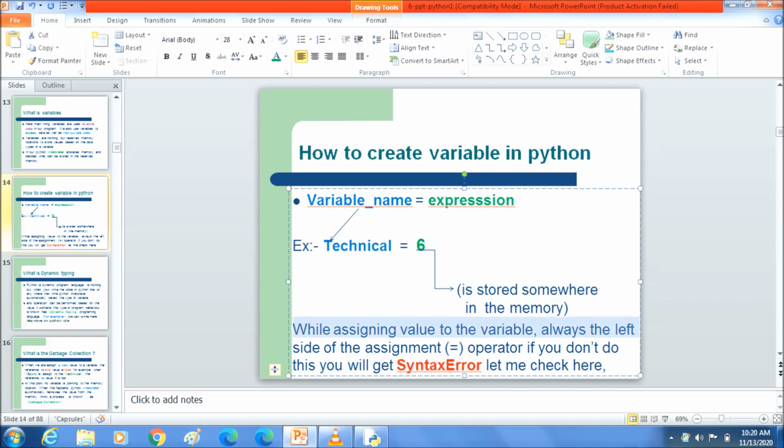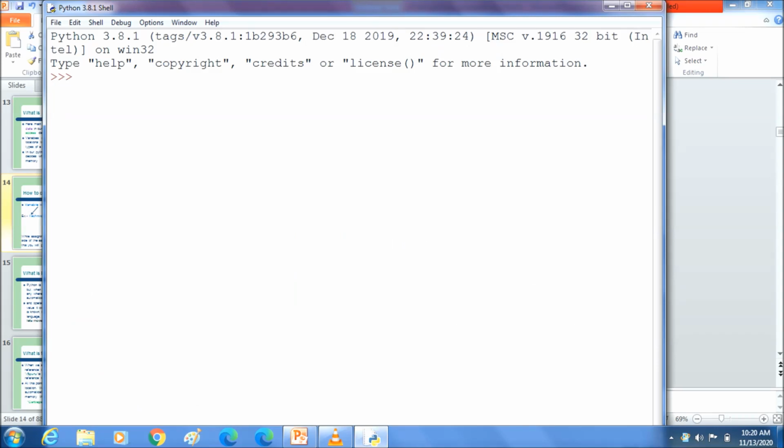While assigning a value to a variable, always write the variable name on the left side of the equal sign. If you don't do this, you will get a syntax error. We can write this in Python IDLE as shown in the practical. Here we are taking 100 equal to technical.